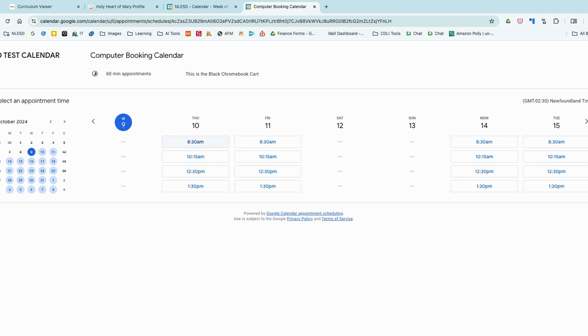It lets people book, it lets you cancel bookings, and it keeps track, along with a few other parameters that you can kind of set up. And if you're still wondering why I did 60 minutes, you can't really do half hours. I mean, you could, but who's booking computer carts for a half hour? It's like a lot of work to roll them around your school, get them to your classroom. So I usually say an hour. And in the mornings, it just won't work with the hour and a half in the morning. So we just put an hour in, and really means the whole section between recess and lunch, or in the morning before